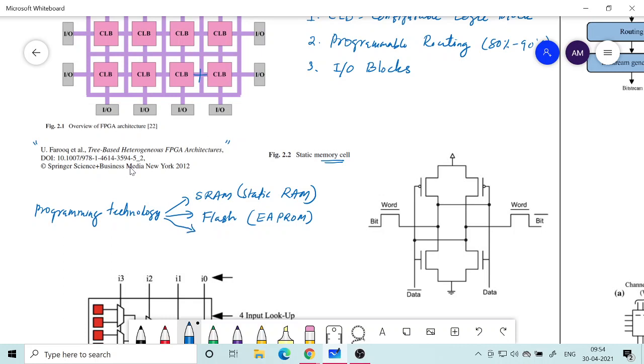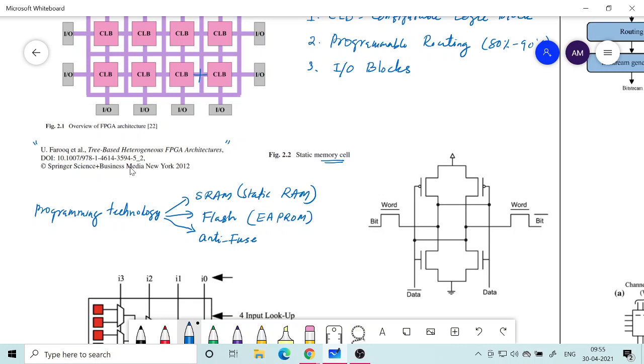And the third is what is called anti-fuse. Fuse, everybody knows. Usually, to limit the current in a circuit, we use a fuse, and it will break the connection by blowing up a very thin piece of wire, which gets heated up when high current passes through it, and as a result the connection will be broken.